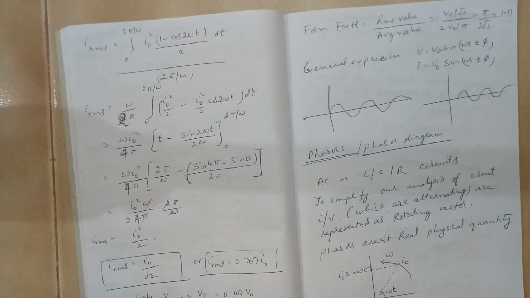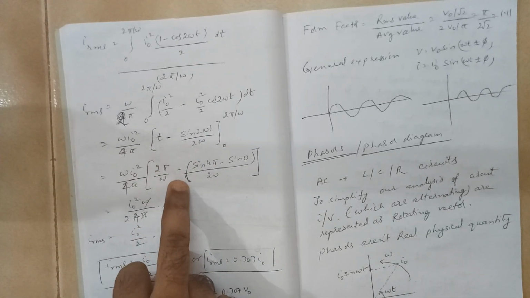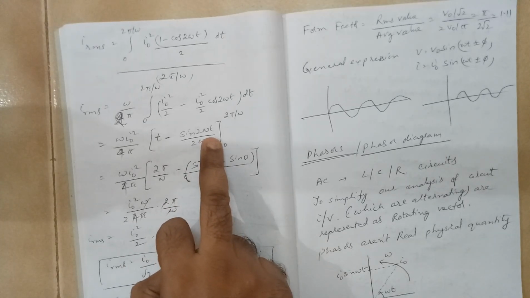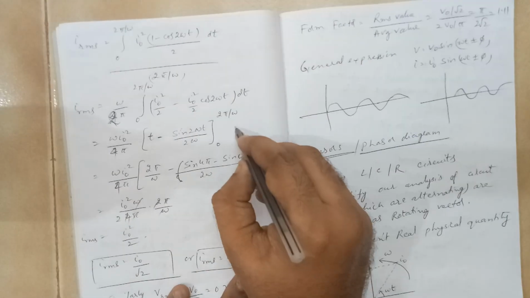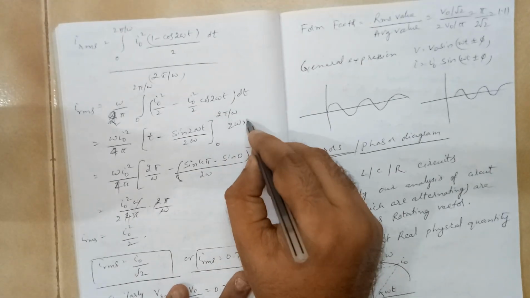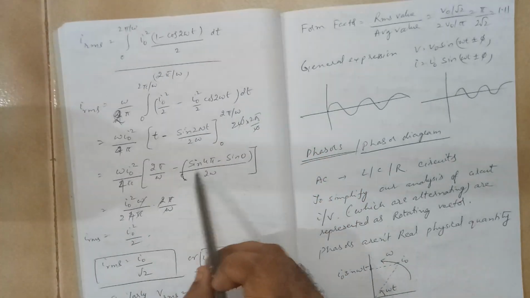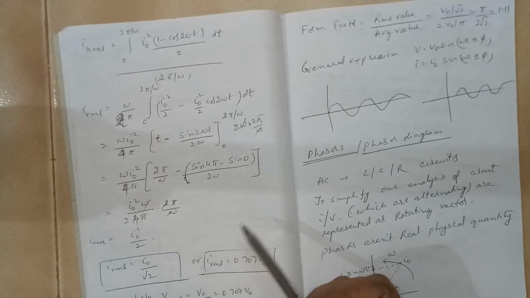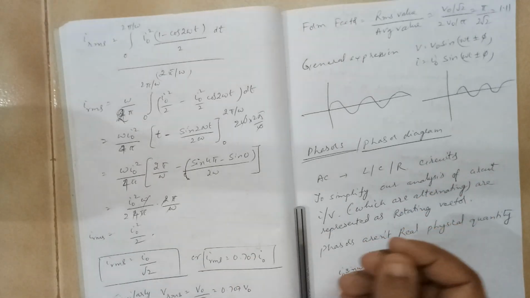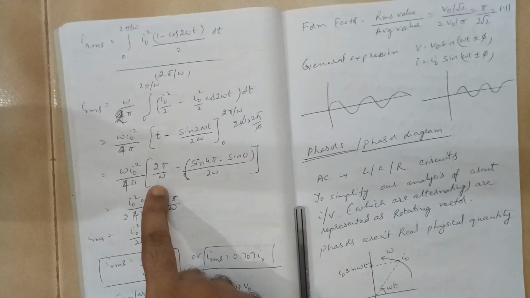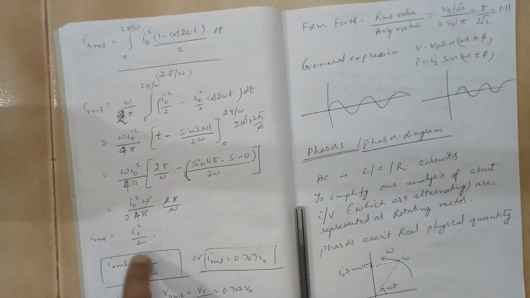So for putting the upper and lower boundaries, you have to put t is equal to 2 pi by omega. So this will become 2 pi by omega minus, now here you put t is equal to 2 pi by omega. So it is 2 omega t into 2 pi by omega. Omega cancels, it becomes 4 pi. It is sine 4 pi minus sine 0. Sine 0 is 0, sine 2 pi, sine 4 pi, they are all zeros. So you finally get this term to be 0. You are left with only this term. When you simplify that, you get finally I0 square by 2.